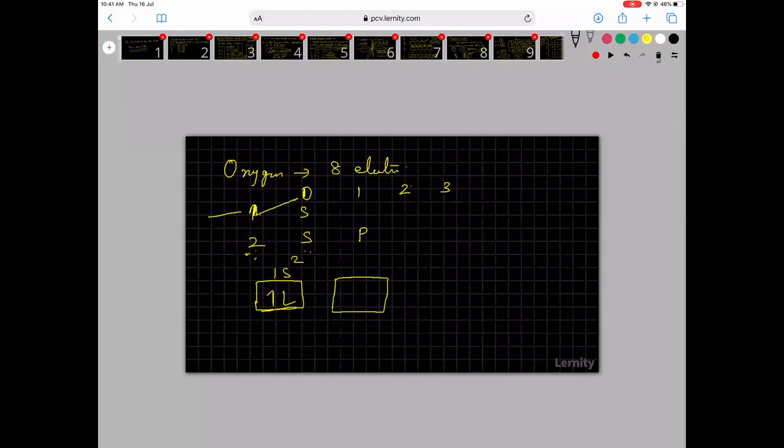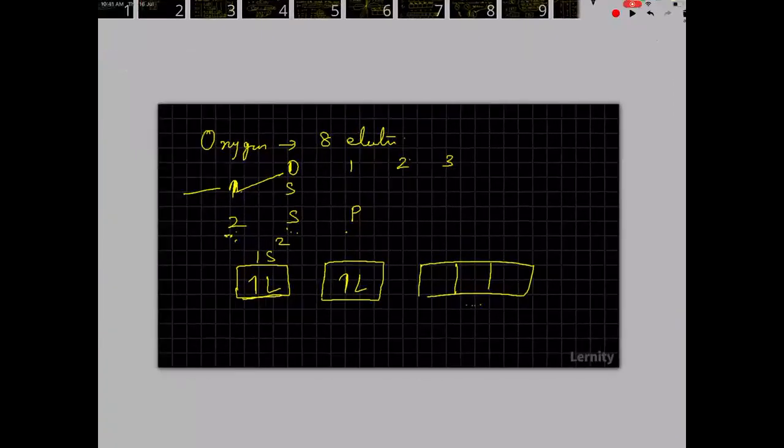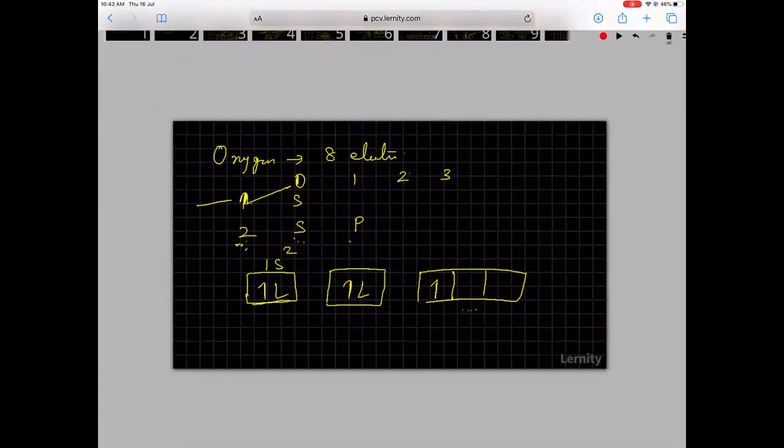Now it will go to 2s. So it will come, 1 electron, 2 electron. Then it will go to p. In p there are 3 subshells, right? So 2 plus 1, 3. So this is having more energy. So now 4 electrons are over. So the 5th electron will come here.